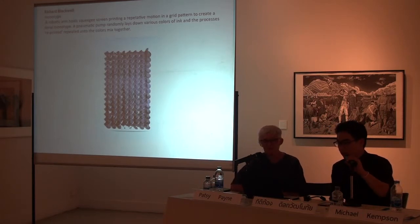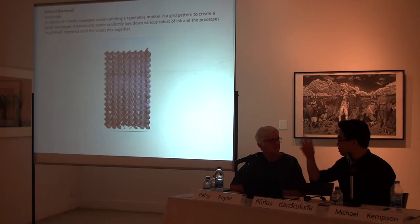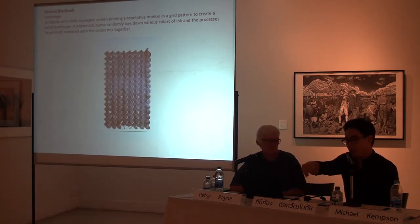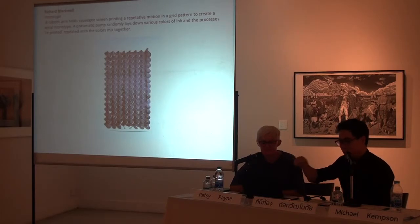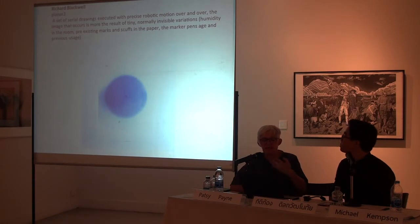Yeah, it's a machine, a mechanical arm, and it holds a squeegee and prints. And also creating